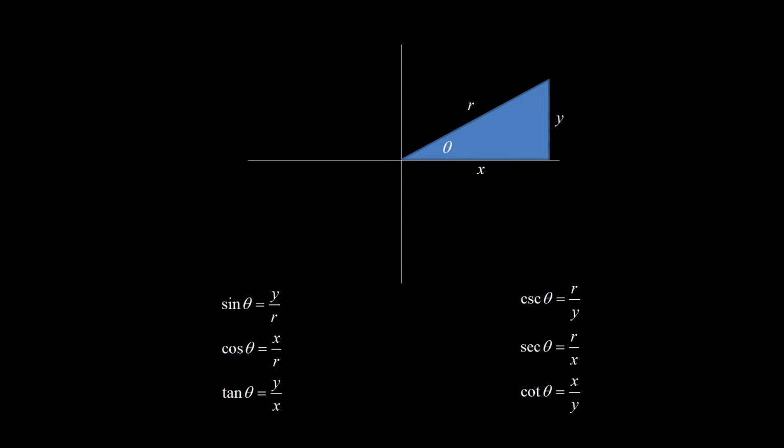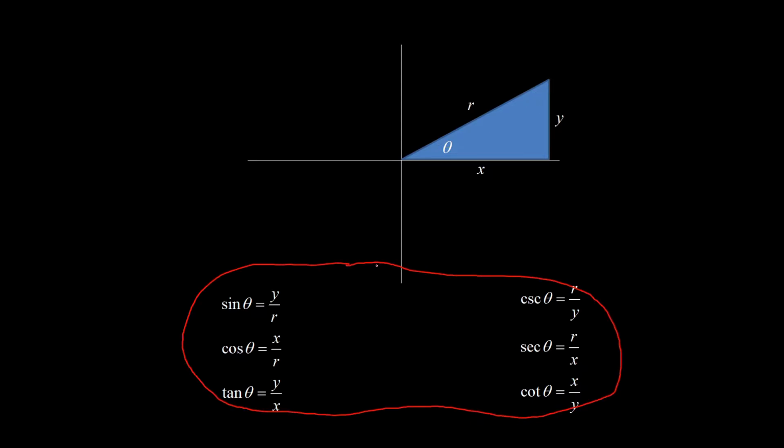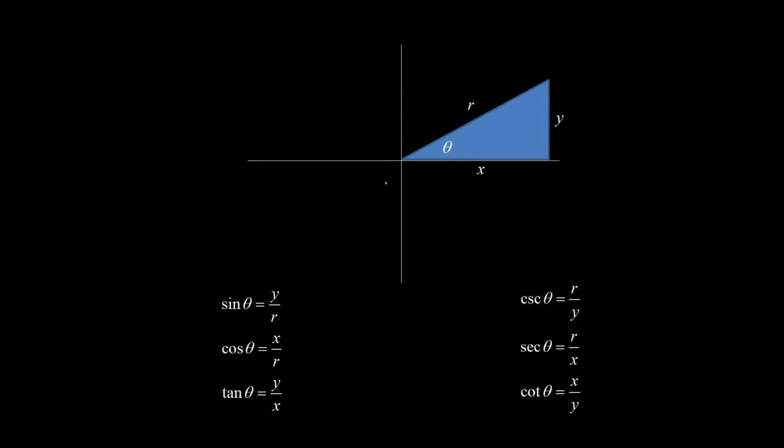So we have our trig functions, and we've talked about how they relate to opposite, adjacent, and hypotenuse. And then we talked about how we can put it on a coordinate system. And when we do that, we can actually assign some letters instead of those words. So instead of opposite, adjacent, hypotenuse, we're going with X, Y, and R. And I also mentioned last time that the reason the hypotenuse is commonly called R here